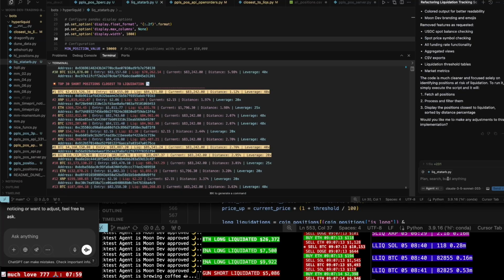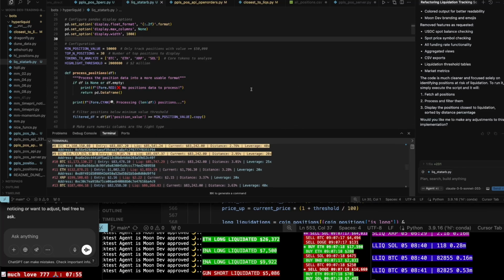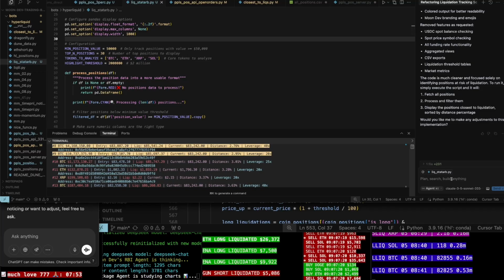That's over our threshold, which is our highlight threshold. Everything else the same, but the very last thing it'll print out is the closest to